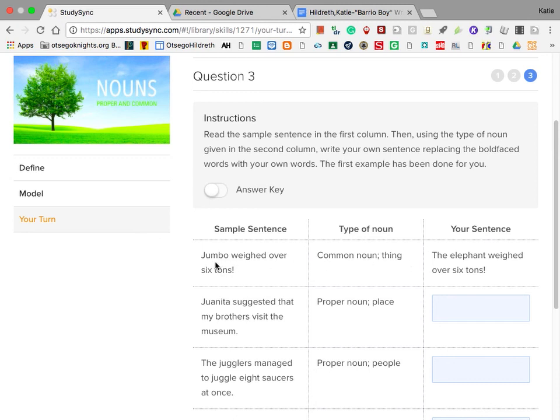So my proper noun is Jumbo, and it's a thing. So it's telling me that I have to change it to a common noun. So I'm going to change Jumbo to the elephant. The elephant weighed